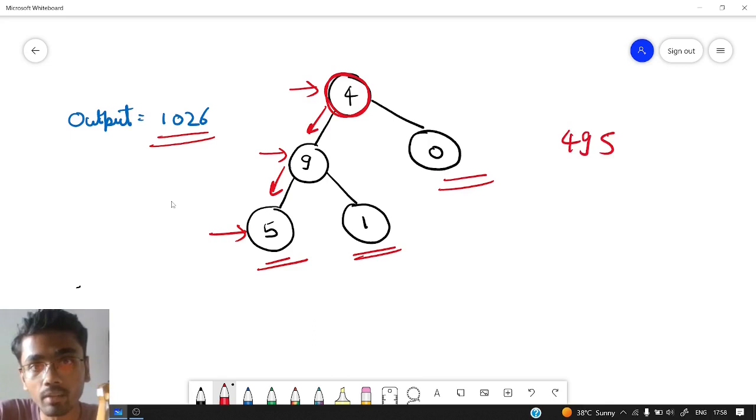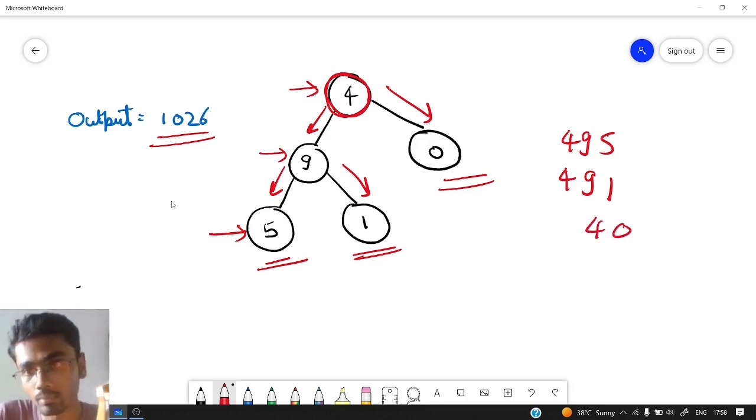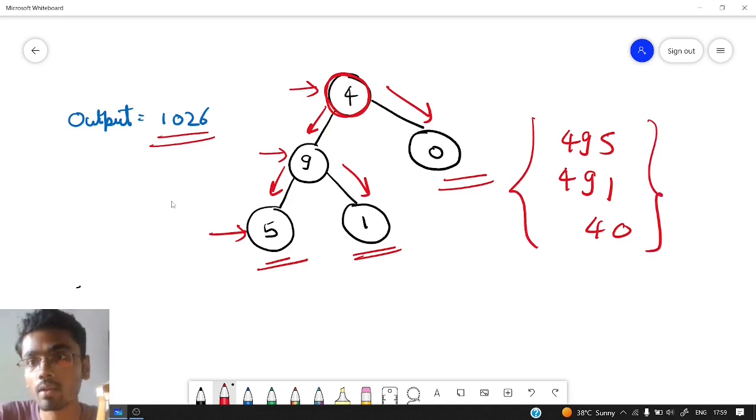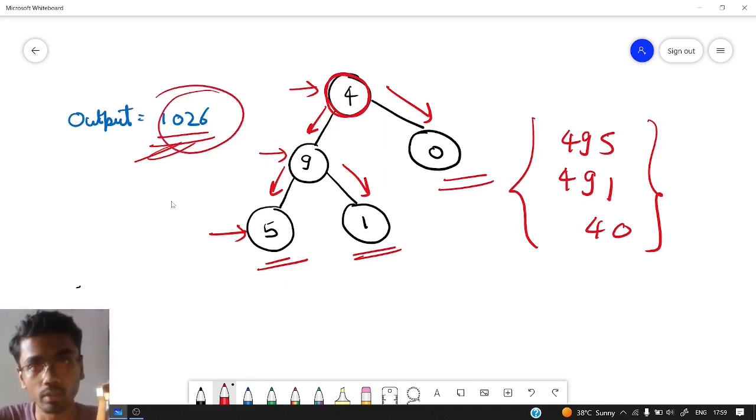Now if we take the path 4, 9 and 1, this is another root to leaf number. Similarly, if we take 4 and 0, this is also a root to leaf number, and the number here will be 40. So we need to return the sum of all these root to leaf numbers. In this case, the sum of these 3 numbers will be 1026. So the output is given as 1026.